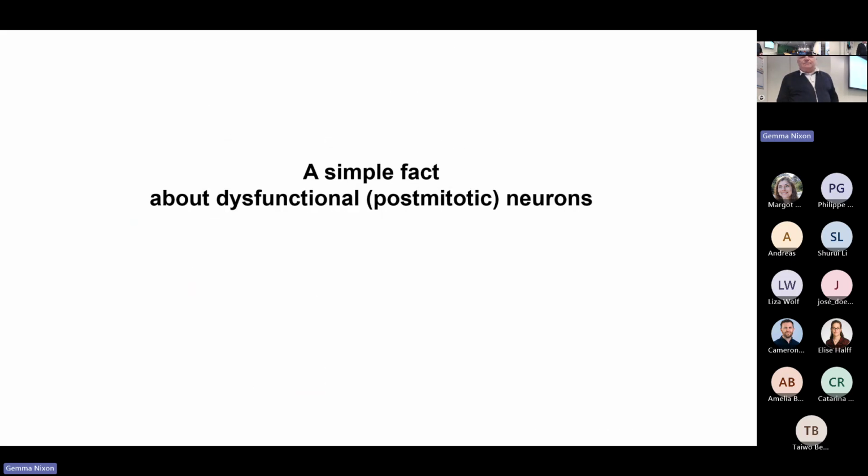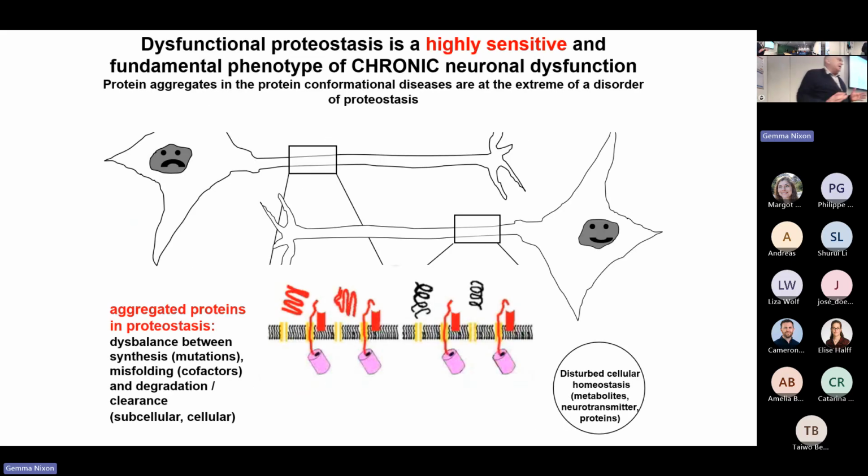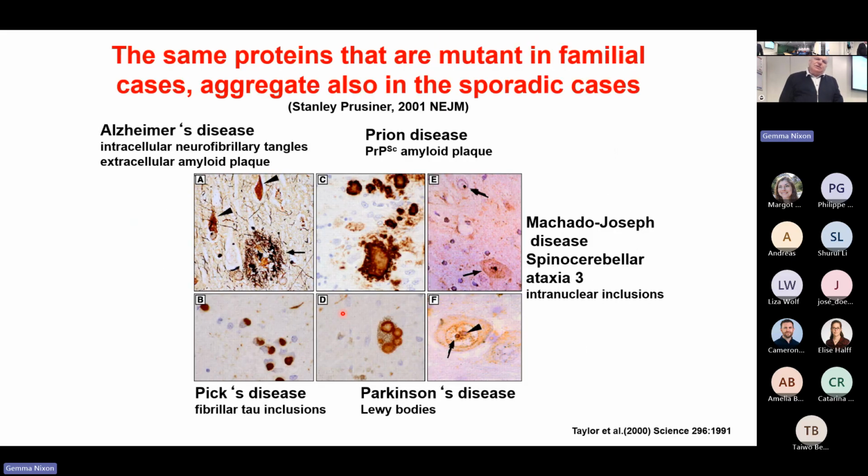A simple fact of postmitotic neurons is that the happy neuron can clear all the misfolded proteins that occur at all times by recognition and proteasomal or lysosomal degradation, whereas the dysfunctional neuron cannot do that because these metabolic and degradation mechanisms are impaired. And so you have a remainder of misfolded and aggregated proteins. In the neurodegenerative diseases, this is very apparent through these